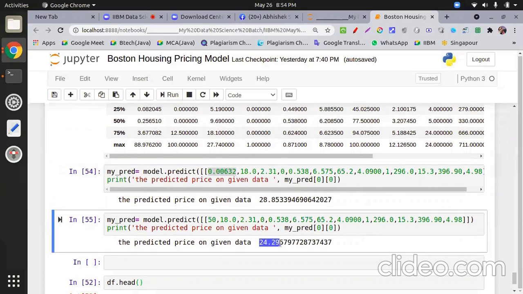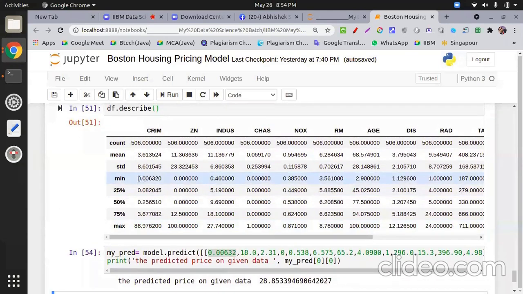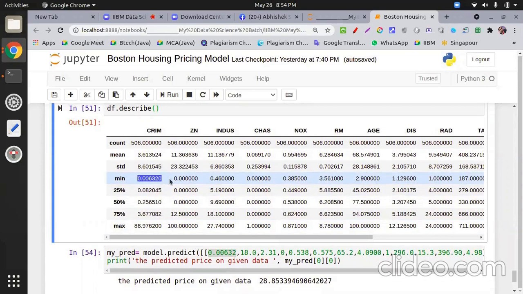Okay, sir, so negative slope is clear, but how are you connecting it with describe? Even though I understand the negative slope, how are you evaluating from here? From describe, I'm just picking the values. What is the minimum value? What is the maximum value? I change the value in between them.